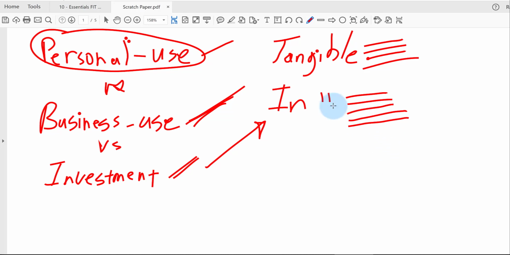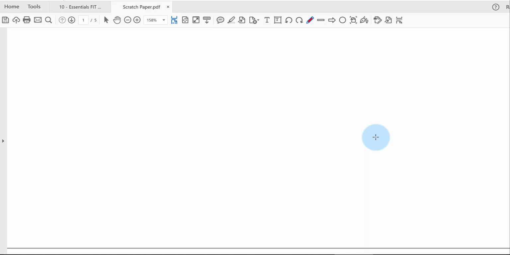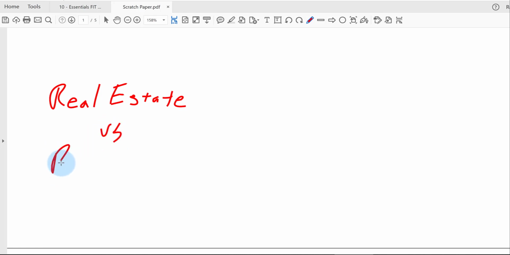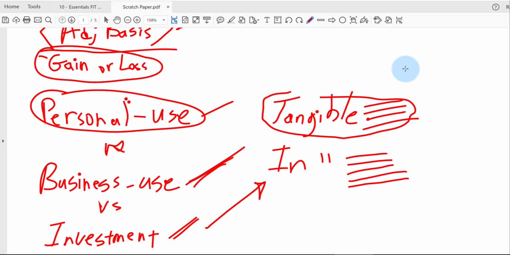So let's talk about tangible property. Tangible property can be classified either as real estate or real property, like the land and the building sitting on the land, versus personal property. Now, this is not the same as personal use property that I mentioned at the beginning of this